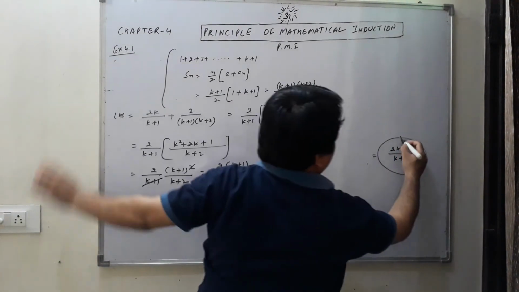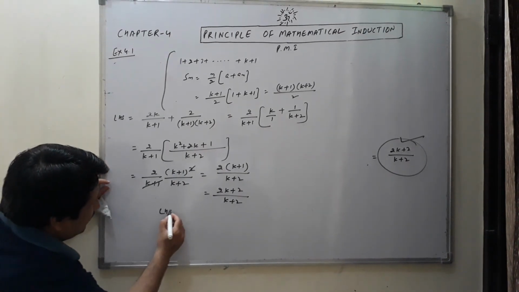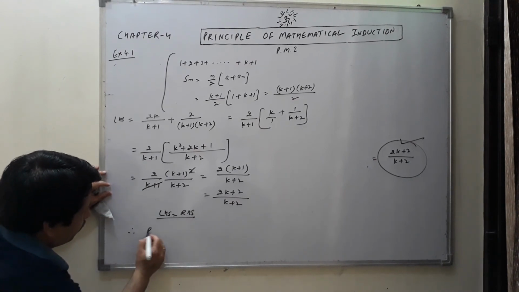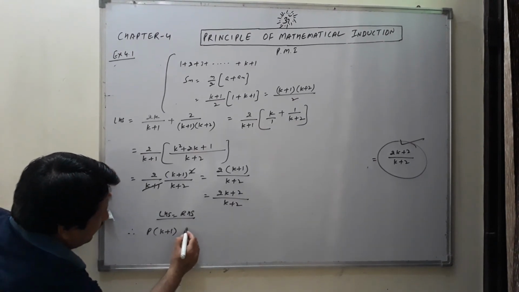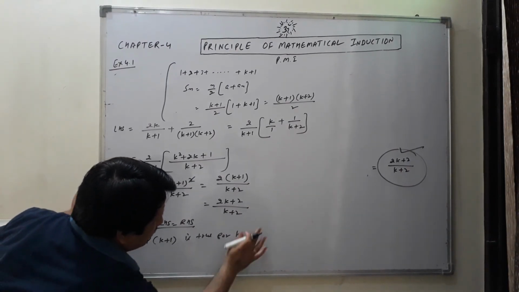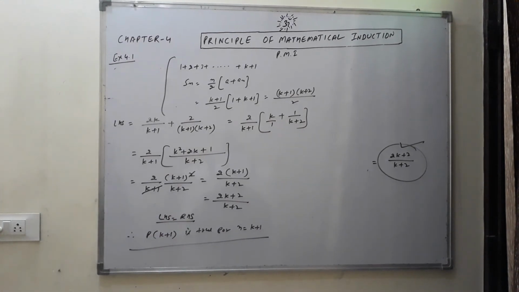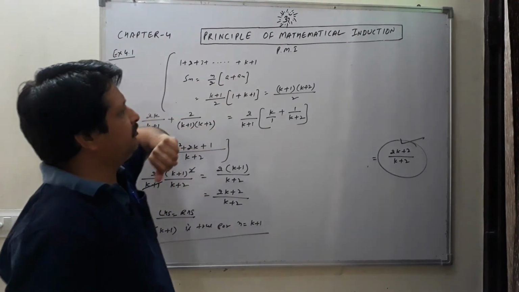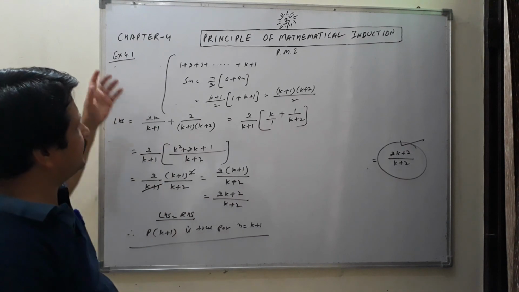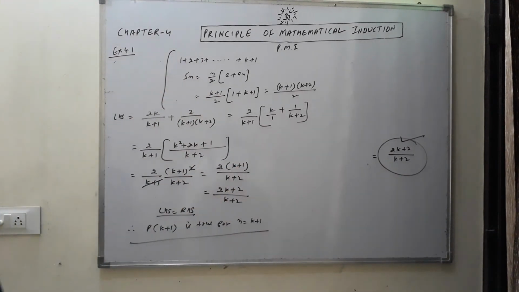If you see, I have left this one as the right hand side here. The left hand side comes as equal to the right hand side. Therefore, P of k plus 1 is true for n is equal to k plus 1. So this is the way to solve. This is the calculation work, so it depends upon you how good you are in calculation work. In short steps you can do it. So this is the technique to solve such types of questions.